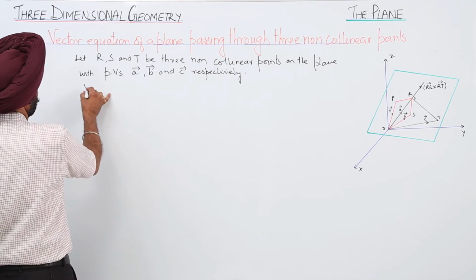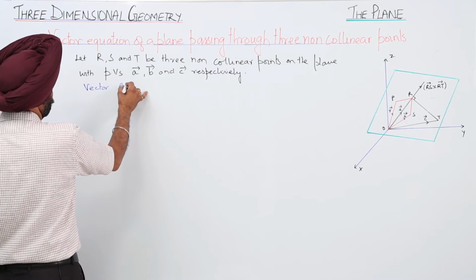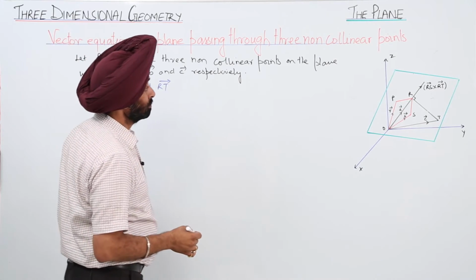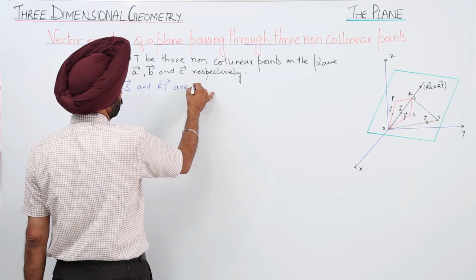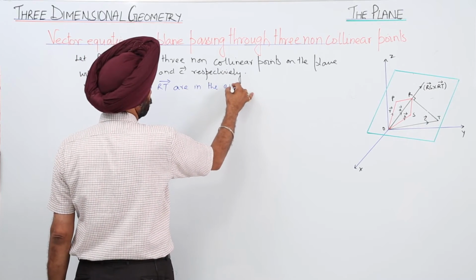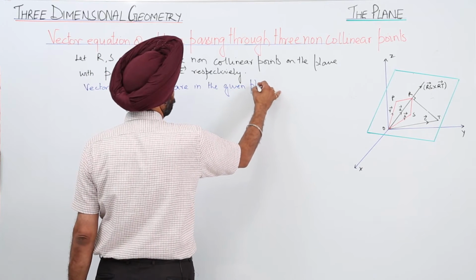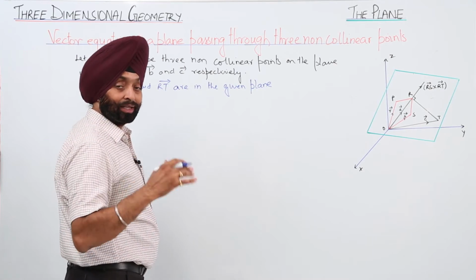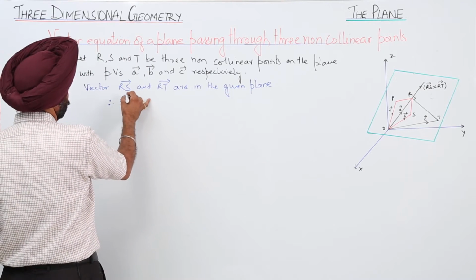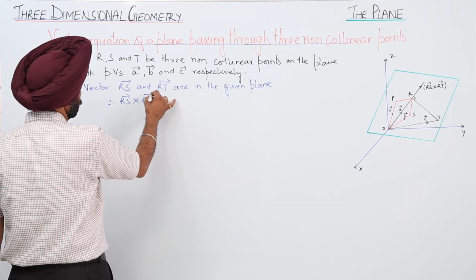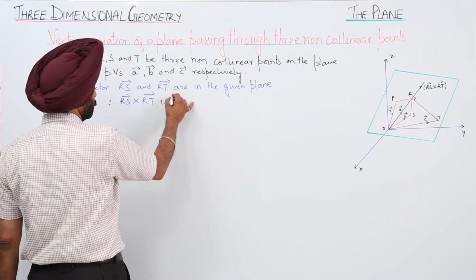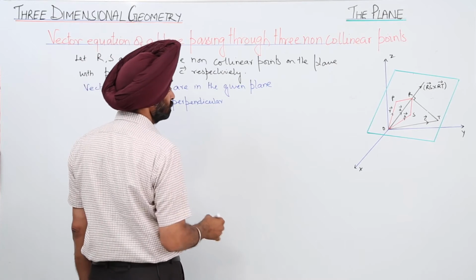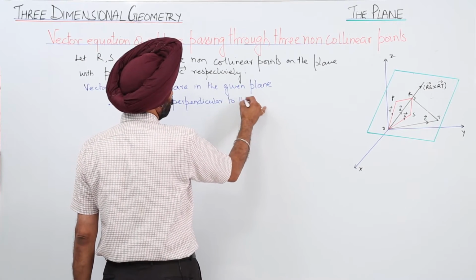Now vector RS and vector RT are in the given plane, therefore vector RS cross vector RT is perpendicular to the plane